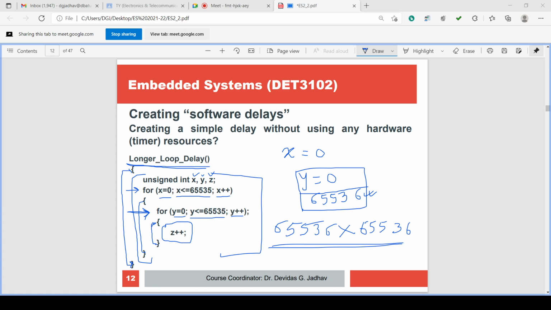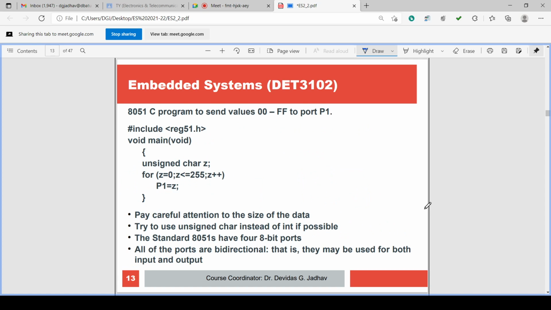The for loop is a condition checking, decision making instruction. It is an important loop which we must know to use in this case, as well as writing a function is one more important aspect we should know in developing the delay function. So these are the two things we should know.